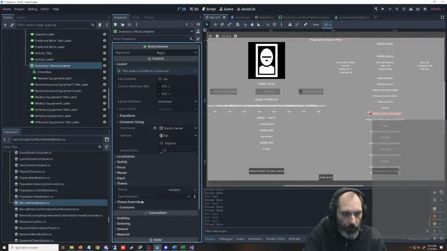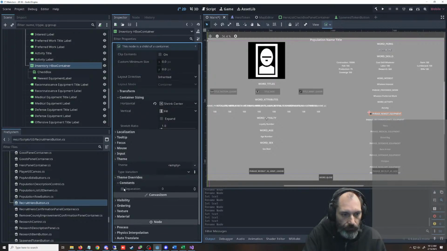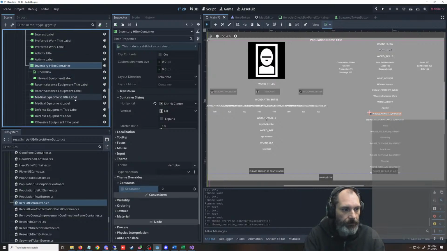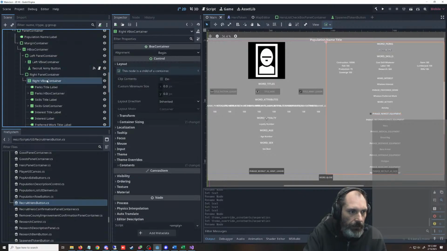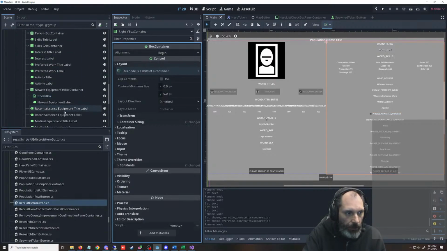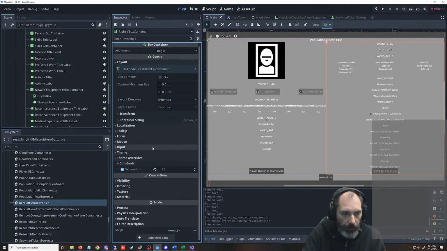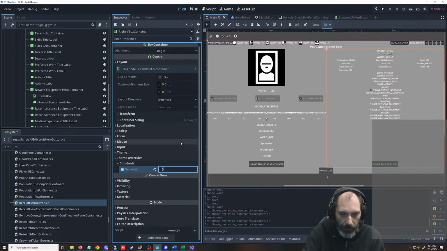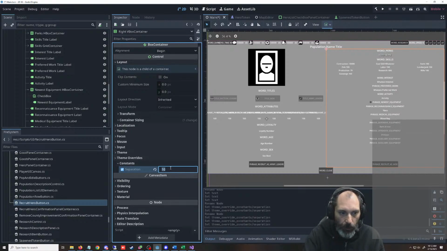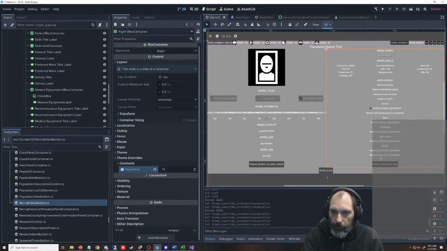Probably somewhere in here there's like a... Oh no, this is not the inventory. This is newest equipment HBox. So if we... Here's the VBox. You know, I checked something there. I think I unchecked it. We have like kind of a big separation. Oh yeah, we have this manually typed in here. So is it 25 before? What if we do 10? What if we do 15? There we go.